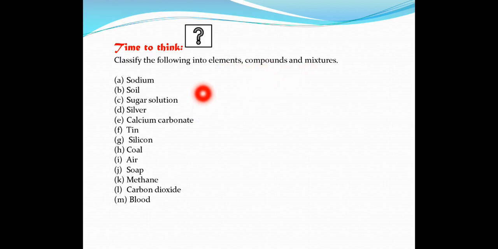Okay, a few I will do. Sodium, it is an element, so you write simply E. Soil can be a mixture of many things, so it is a mixture. Sugar solution, you cannot write any chemical formula, and you can separate it by a physical process, like when you evaporate it, you can separate water and sugar, so it is a mixture. Like this you have to write for